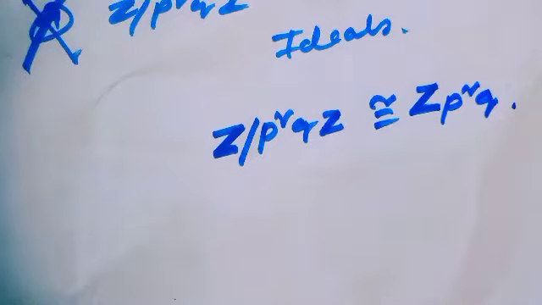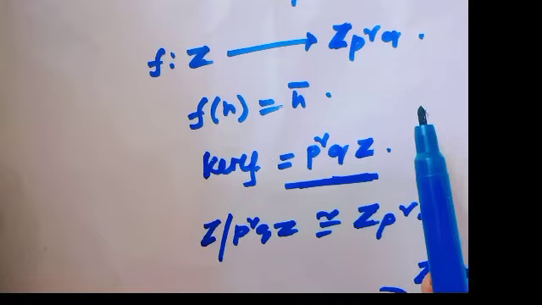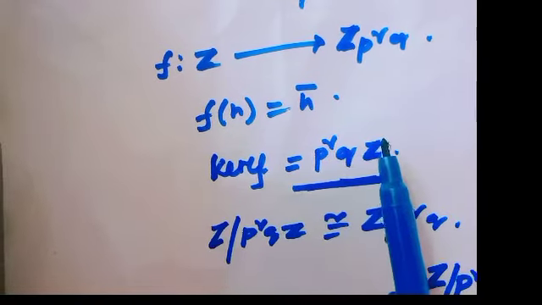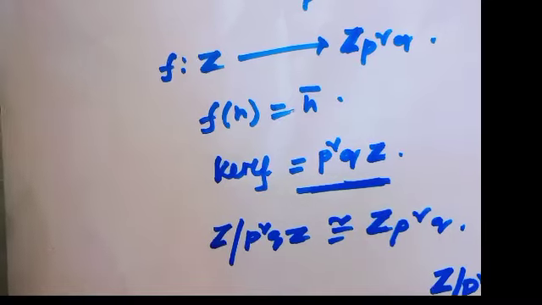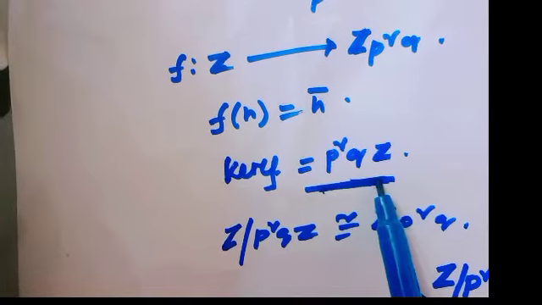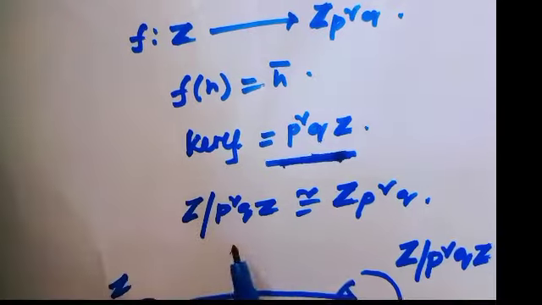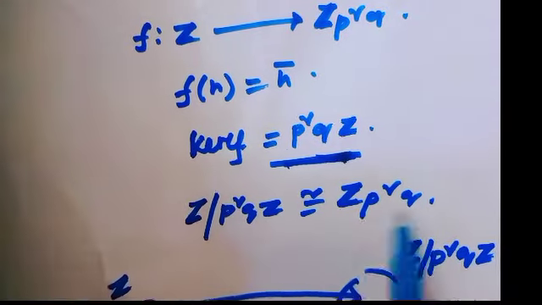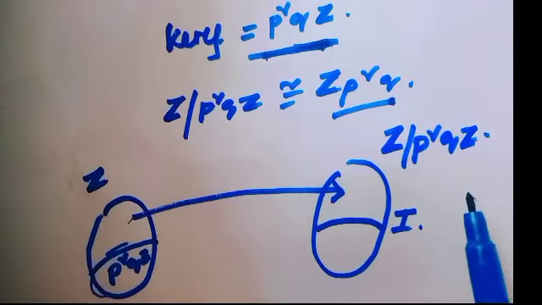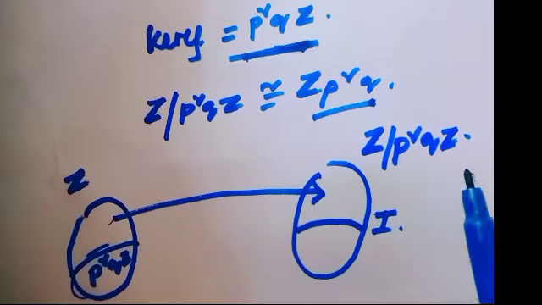This is because if we consider the mapping f from Z to Z mod p² q such that f of n equals the class of n, then obviously this mapping is a ring homomorphism and the kernel of f equals p² qZ. Then by the first ring isomorphism theorem, we can say Z mod p² qZ is actually isomorphic to Z mod p² q. Since in the question we have to find the ideals of Z mod p² qZ,